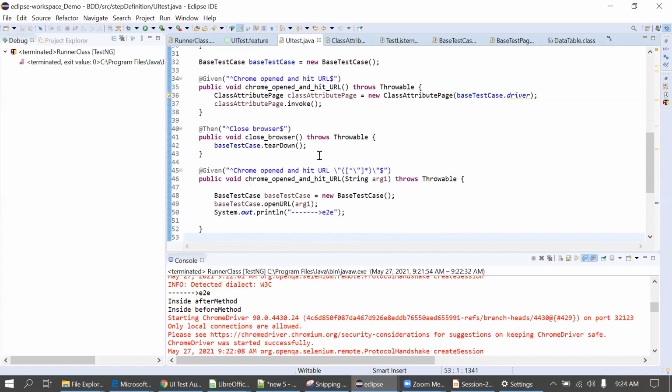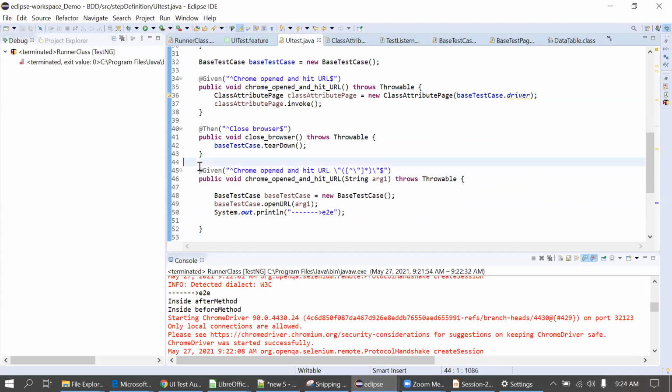Okay, so what we used to do in TestNG, we used to give the annotations at method level also, right? Correct? Yes. Please put a hook in the method to check what is happening over here, how it is responding.